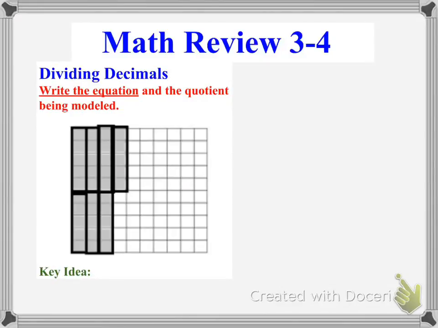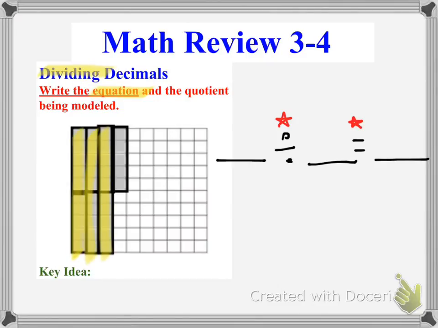Okay, this is Math Review 3-4, and we're going to talk about how to write an equation for dividing decimals. So we're going to have something divided by something equals something. The first thing I'm going to give you a red star for is this division symbol, and then the equal sign is going to be another star. We're going to look at our model, and we're going to see we have 1, 2, 3 tenths, and so